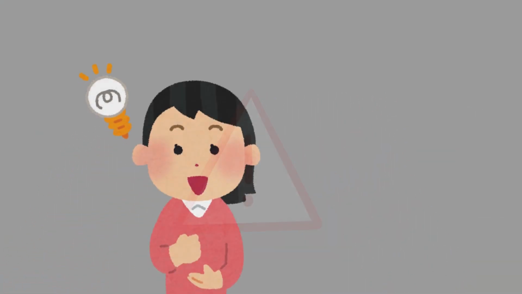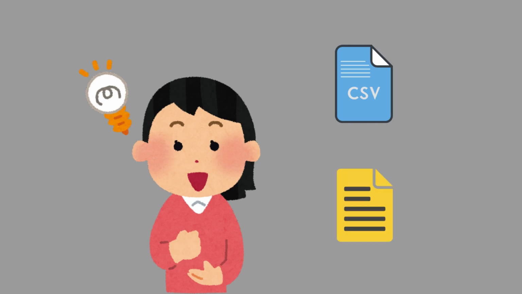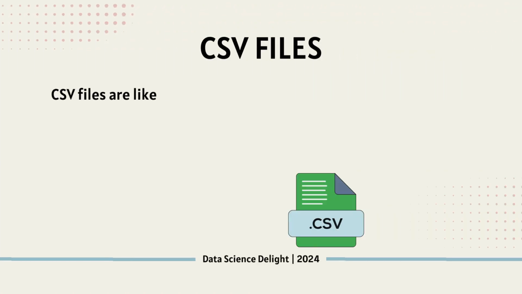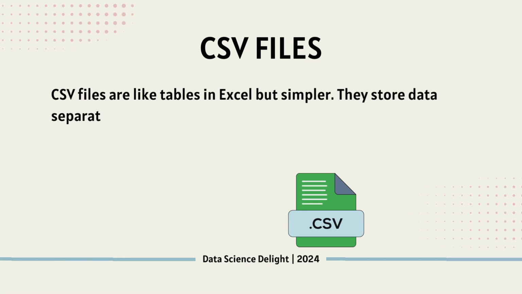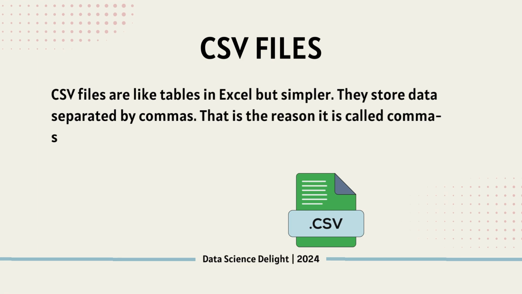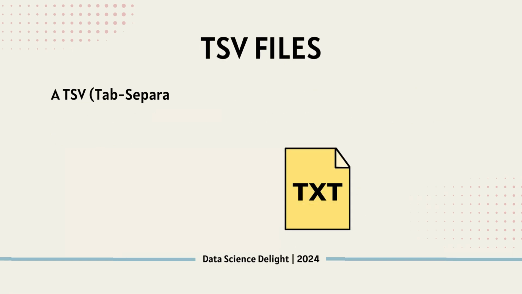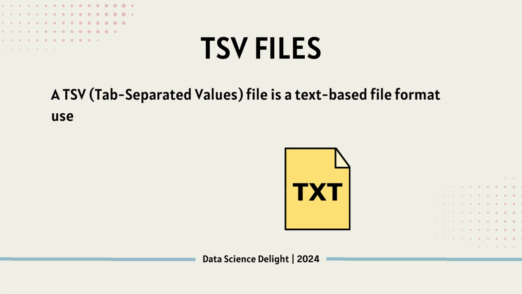Before that, let's understand what CSV and TSV files are. CSV files are like tables in Excel but simpler. They store data separated by commas. That is why they are called comma separated values. A TSV or tab separated values is a text-based file format used to store structured data in a tabular format